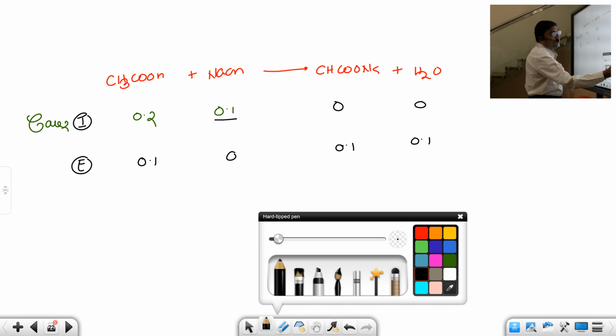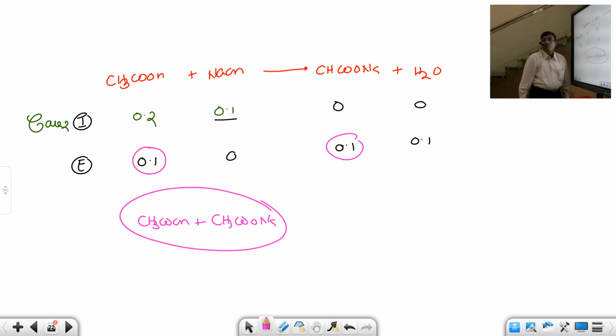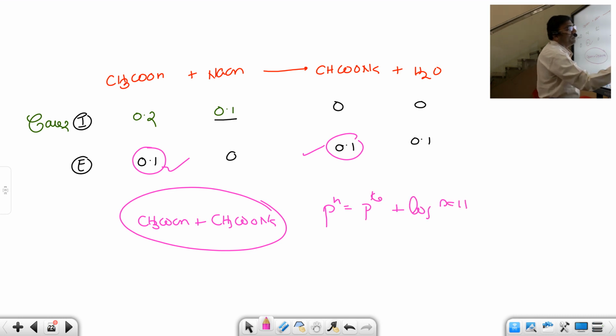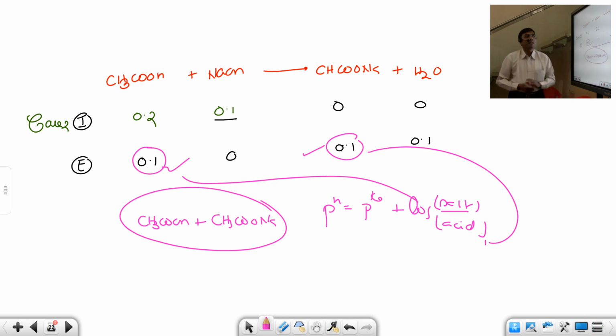Students, have a look here. Now what is left out? Observe. Water and all we never bother about. Here NaOH is completely consumed. So acetic acid is left out, and CH3COONa is also left out. This forms a buffer, because you know both concentrations. pH is equal to pKa, which they give, plus log of salt by weak acid. So you substitute these concentrations here.